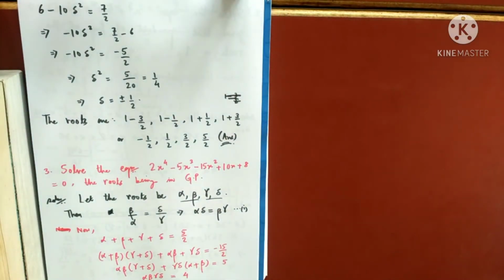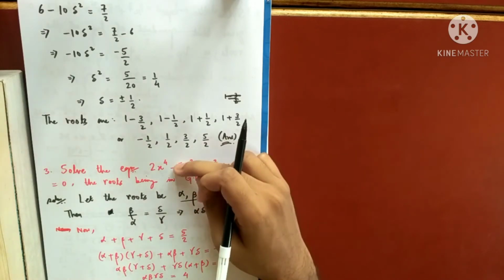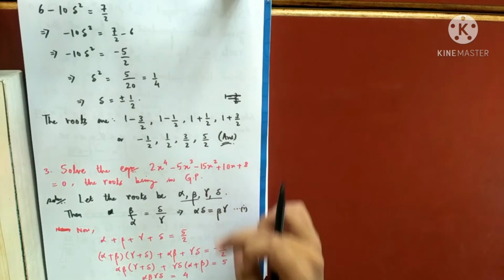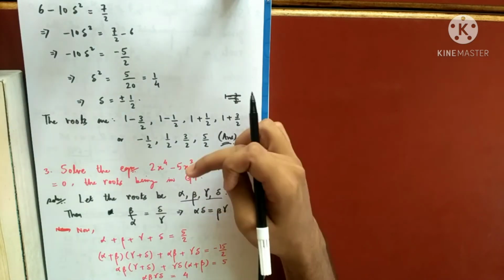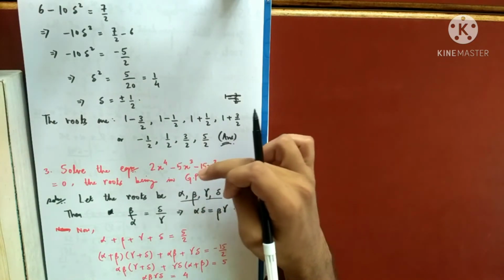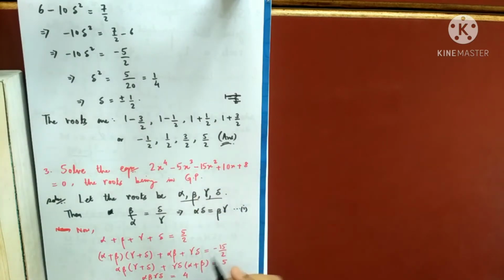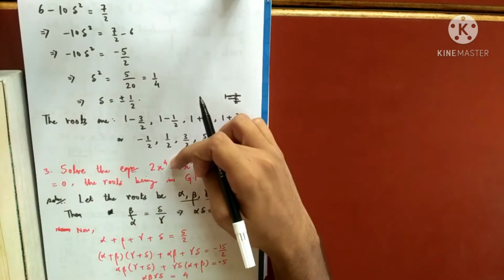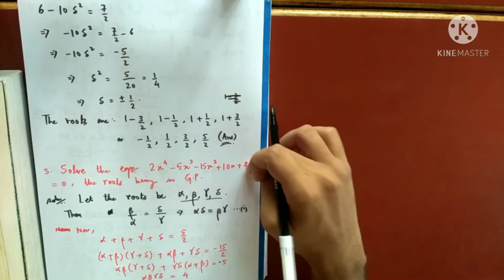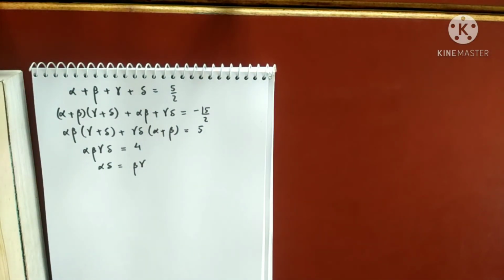I have these things, right? This is minus, so that will make it plus. This plus, so that will make minus. Oh, I made a mistake, I guess. Minus plus minus, so this will be minus 5. Minus plus minus and then plus. So here it will be minus 5. So I have this. Don't make these mistakes.